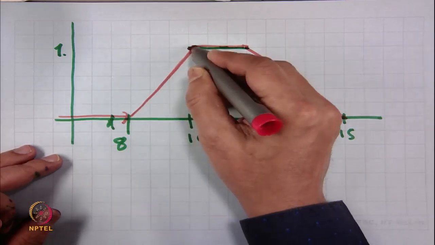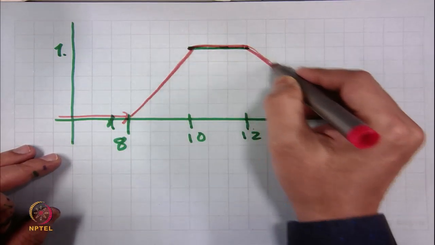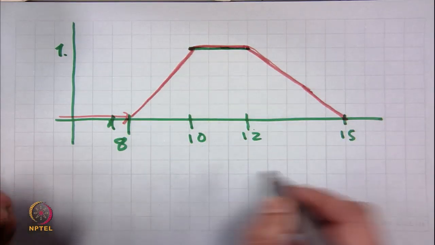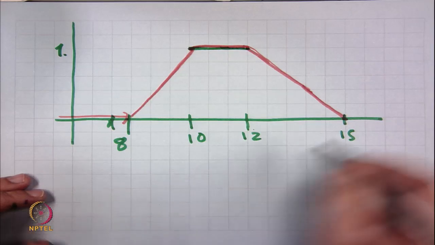Therefore, if we look at the shape of the membership function, it looks like a trapezium. Therefore, it is a trapezoidal fuzzy number